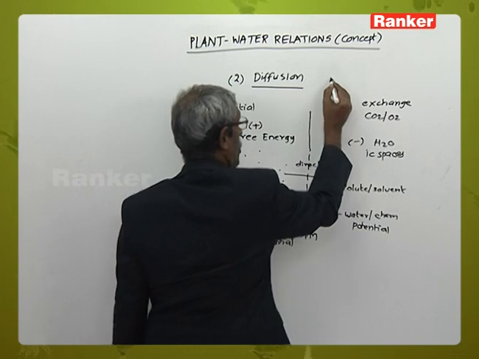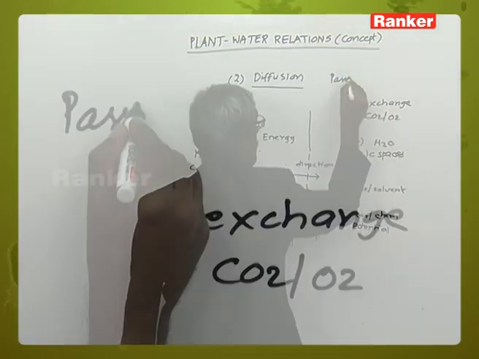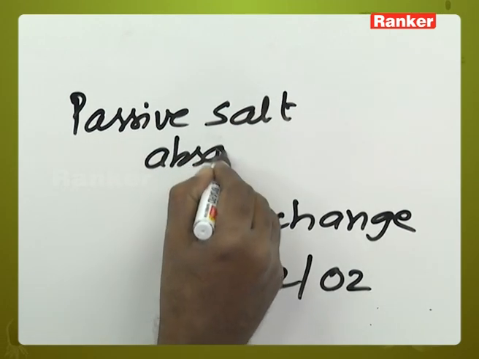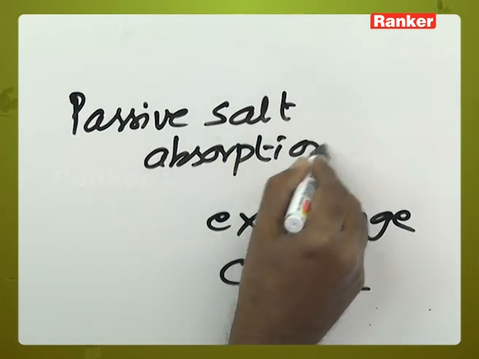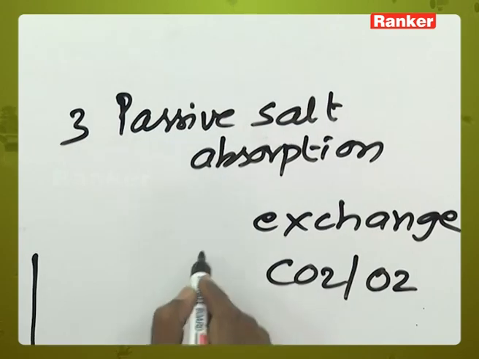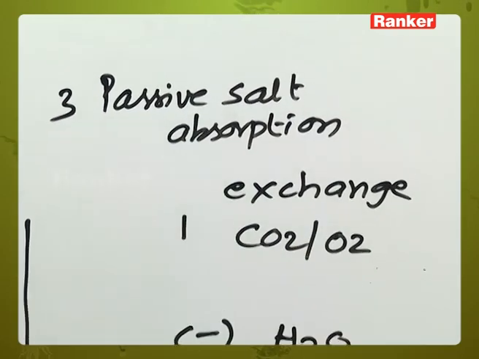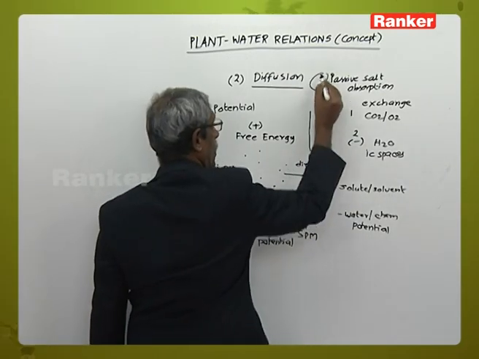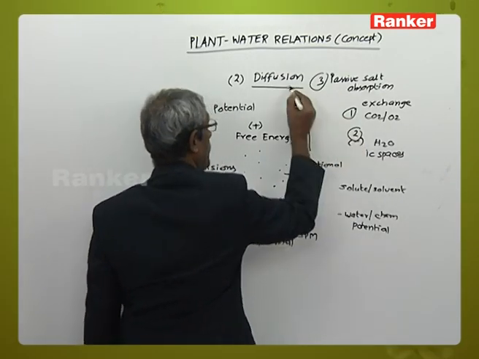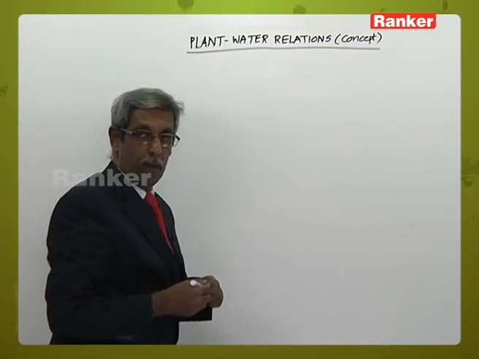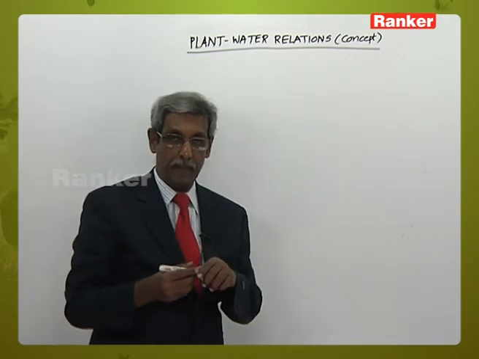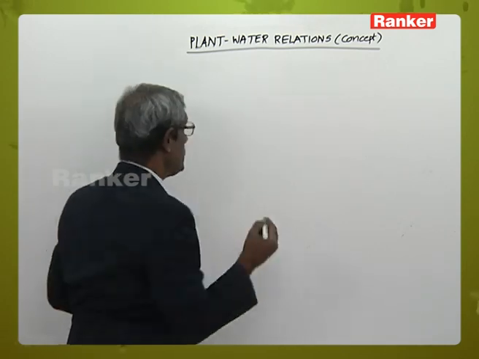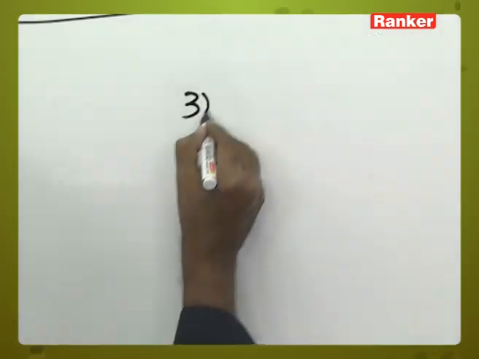And again we also have passive salt absorption. Passive salt absorption, exchange of carbon dioxide and oxygen, as well as movement of water through the intercellular spaces. All these three are examples of diffusion. Diffusion is a passive phenomenon, but again when we come towards osmosis, in osmosis